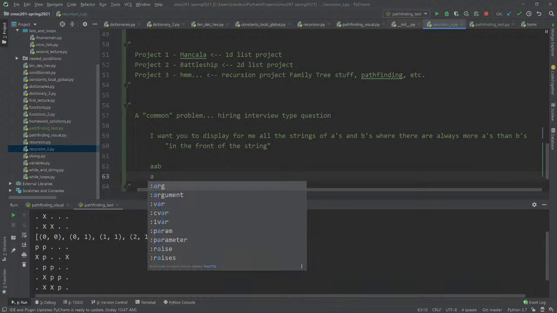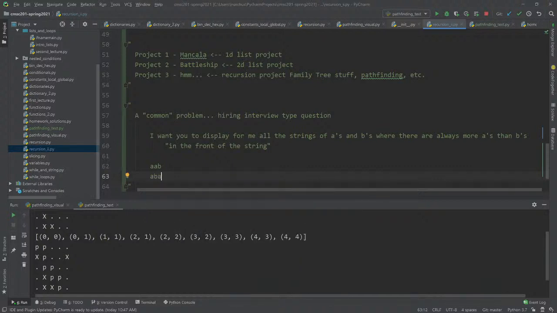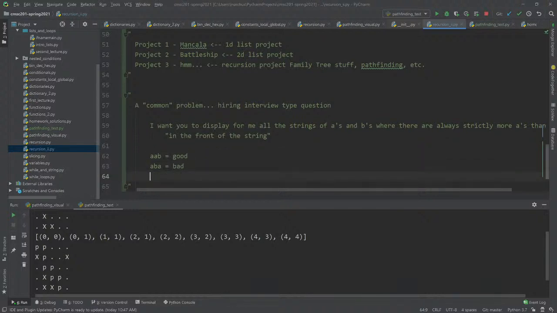But this one doesn't work. So ABA. If I say there's always more, strictly more, then this one doesn't work because you'll have 1A then 1B. And so since the number of A's matches the number of B's, this one is good, this one bad. Let's do another one. AAAB, AAB, AB, right? This works